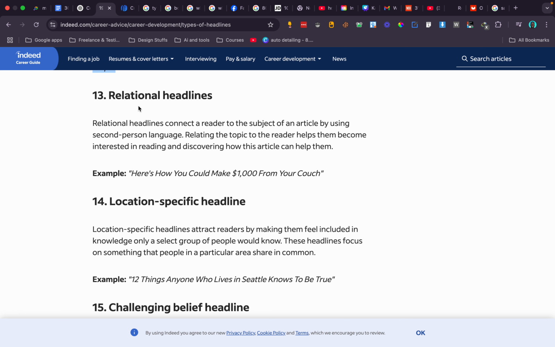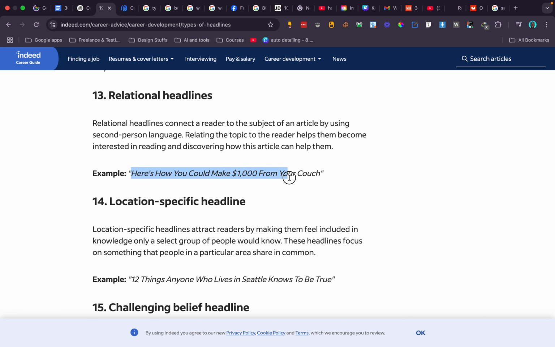So what am I saying? Relational headlines connect a reader to the subject of an article by using second person language. Relating the topic to the reader helps them become interested in reading and discovering how the article can help them.